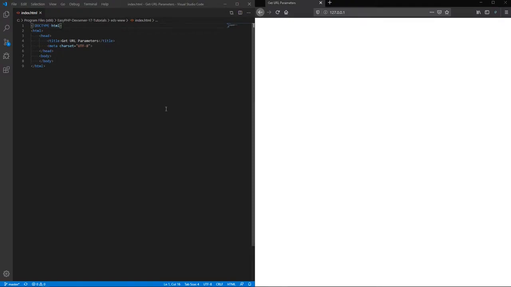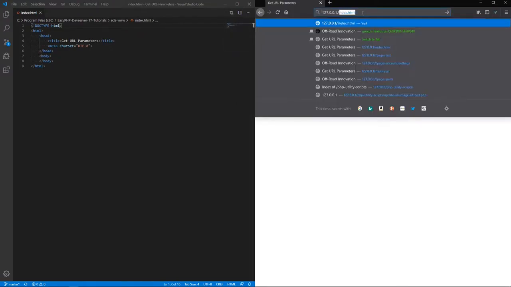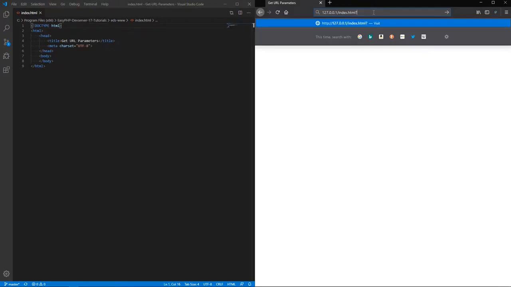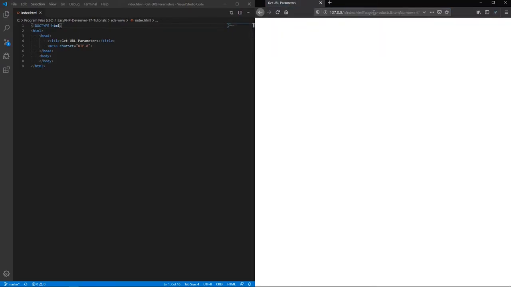Now that we have the template file in order, let's load the template in the browser and create a sample query string so we have something to work with. I'll create one parameter called page and set it equal to products. And then I'll add another parameter called itemNumber and set that equal to 4749. Now we can press enter to reload the page with our custom URL, and then we move on to the